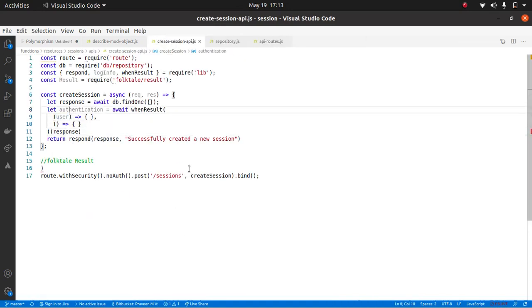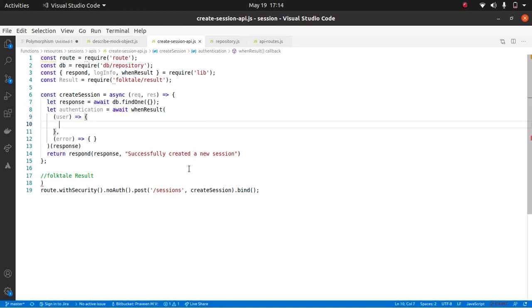When result will check whether the result is okay or error. If it is okay, it will unwrap the user and pass it to the first method. And if the result is not okay, it will pass the error message to the second function. It is as simple as that. Now if I have the user, what should I do?